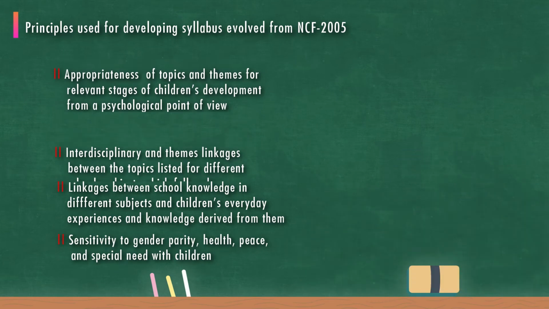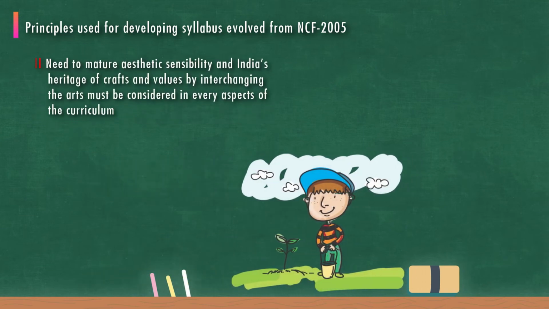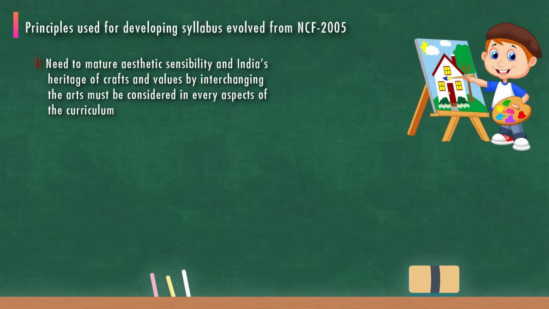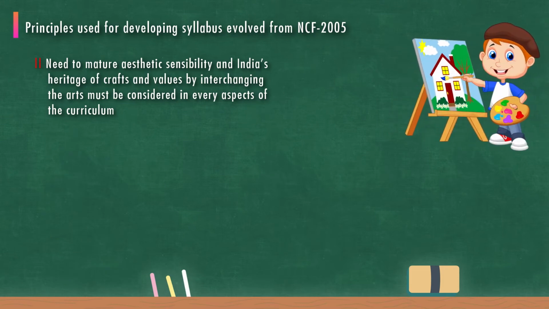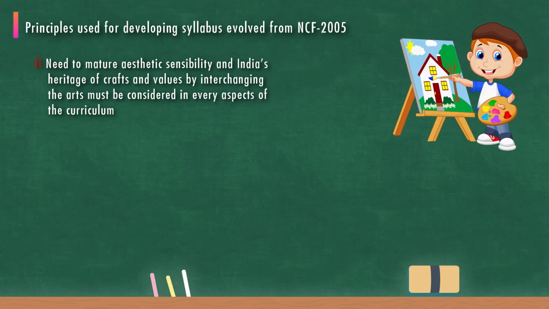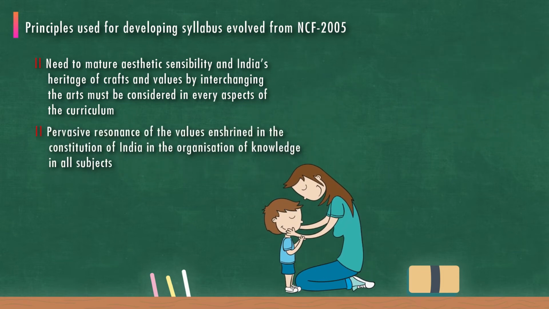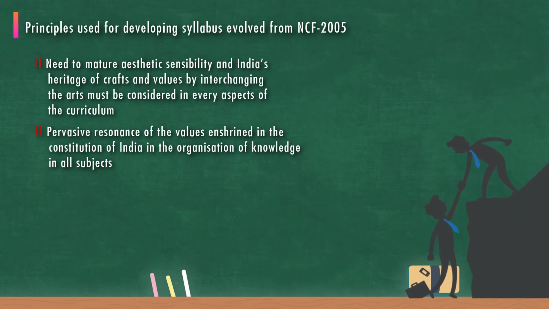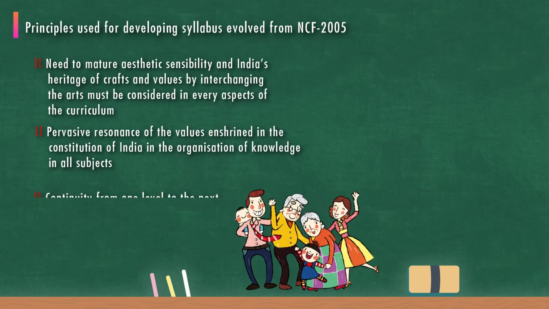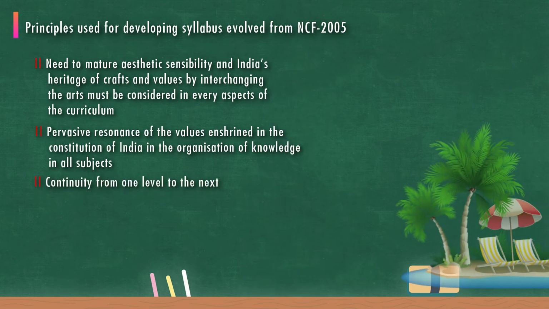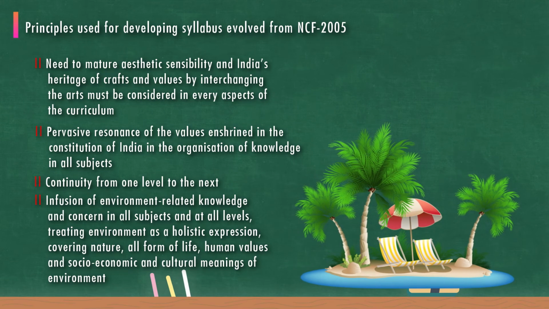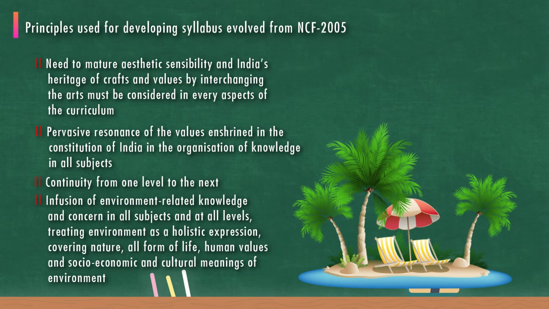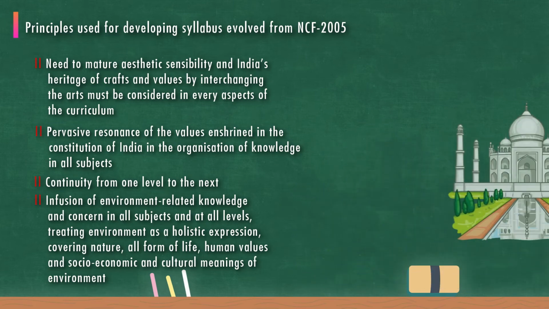special needs of children; need to mature aesthetic sensibility and India's heritage of crafts and values, by interchanging the arts and music to be considered in every aspect of the curriculum; pervasive resonance of the values enshrined in the Constitution of India in the organization of knowledge in all subjects; continuity from one level to the next; infusion of environment-related knowledge and concern in all subjects and at all levels, treating environment as a holistic expression